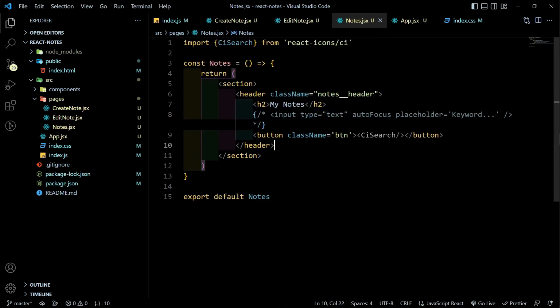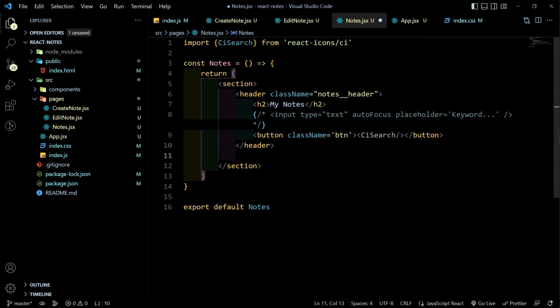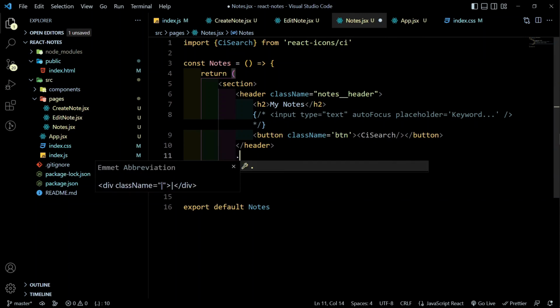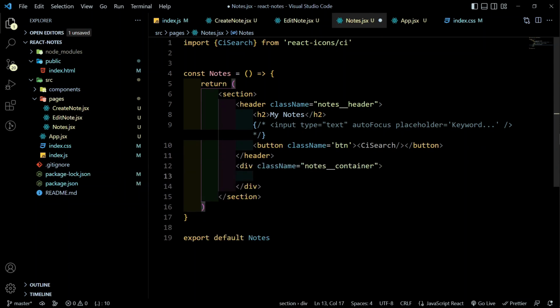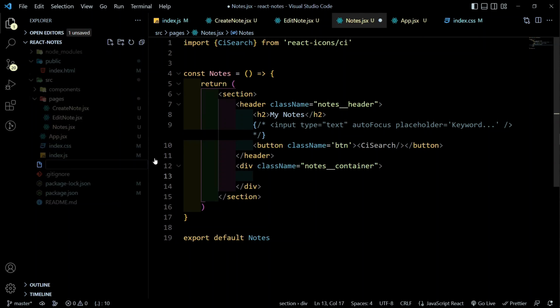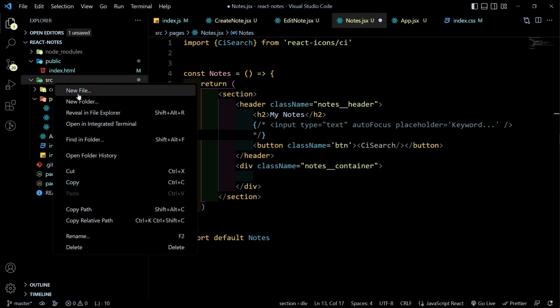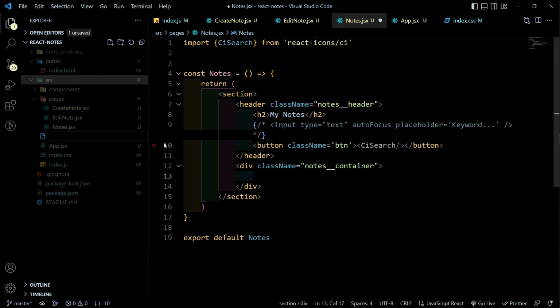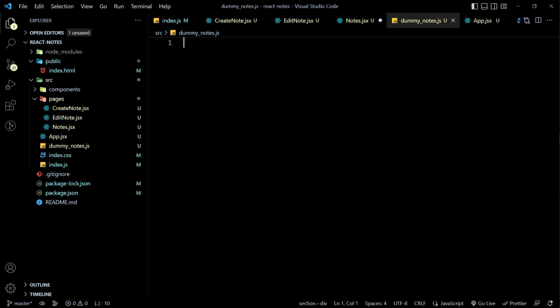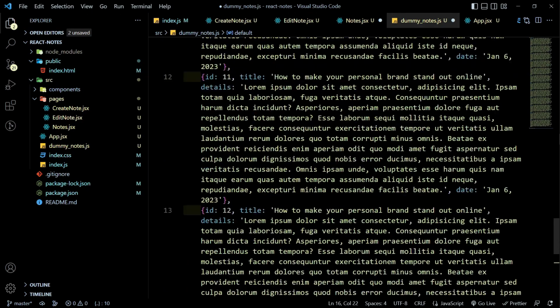notes container. That's going to be a sibling to the header. So let's have a div with a class of nodes container, and in this nodes container we are going to render some dummy nodes for now. Let me actually create a file here, and you know what, that should be inside our source. So let's create a file in our source called dummy nodes, should be .js, and I'm going to paste in some dummy